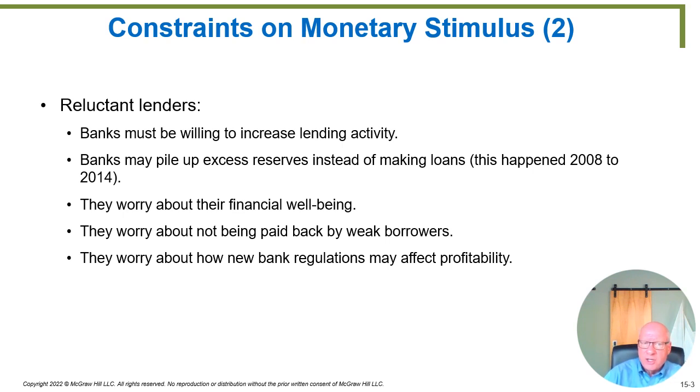2008 to 2014. 2008 was the beginning of the quote-unquote Great Recession, which we've already mentioned once before. But the Great Recession was a pretty serious recession. Unemployment skyrocketed all the way to 10%. That's a pretty serious amount of unemployment, so the economy was doing badly. A lot of people defaulted on car loans. As a banker, what did banks do? They didn't want to make car loans. Oh, and other loans as well.